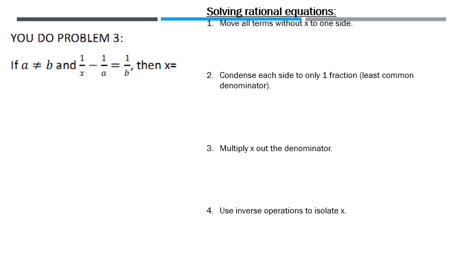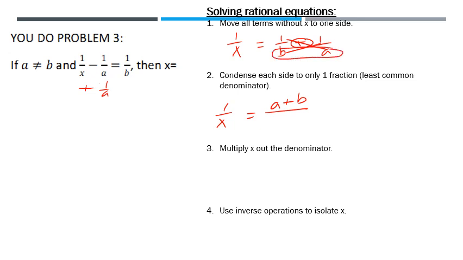So, same thing here, except this time you're adding, right? So all you did was add. Step one was move all terms without x to one side. So you should have added 1 over a. So now you have 1 over x equals 1 over b plus 1 over a. Then condense each side to only one fraction. So using our chopsticks, that gives us 1 times a is a plus b times 1 is b,